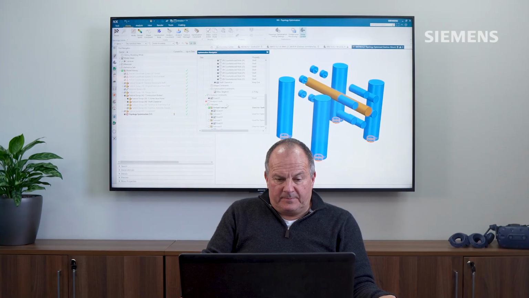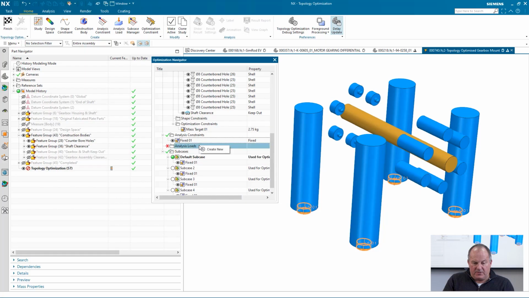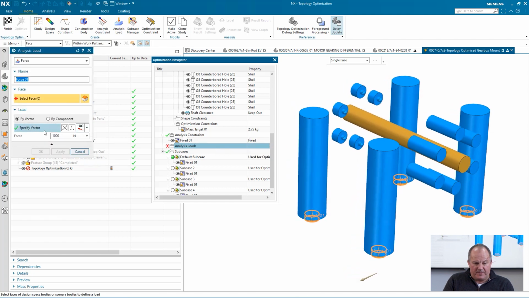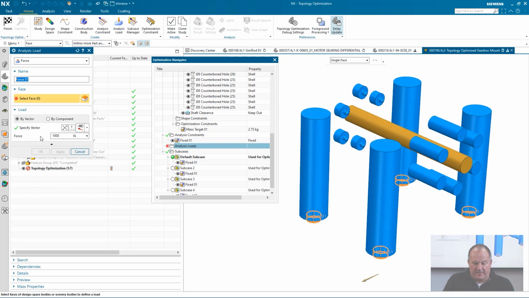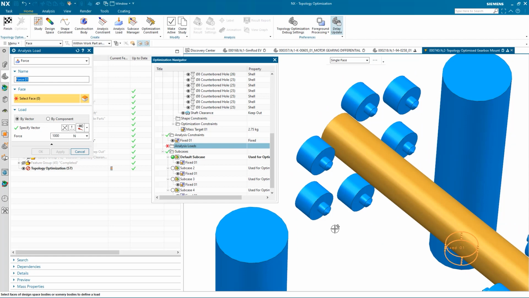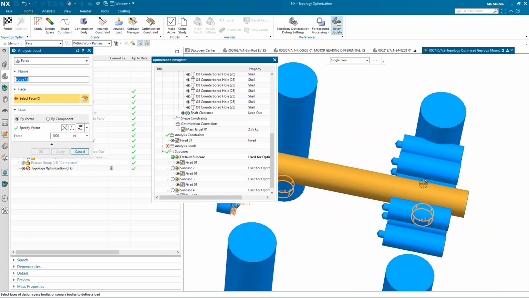So the final piece of the puzzle, if you like, is to add some analysis loads. Okay, so I can specify a vector or a component. In this case, I'm going to go for a vector, specify a value, and now I need to attach these loads to areas of the bracket. So these fixing holes, for instance. So again, I just pick on the faces and attach these loads to the one side of the bracket